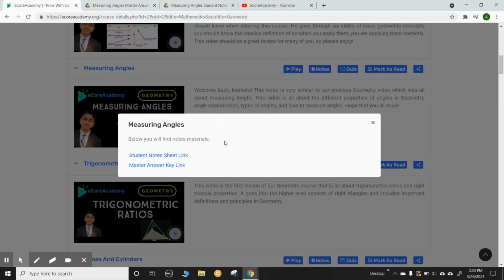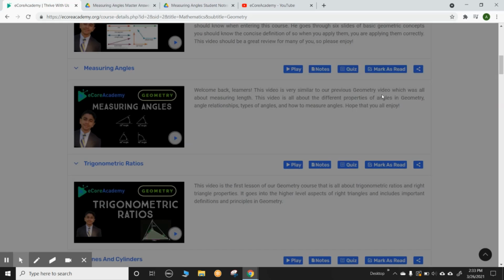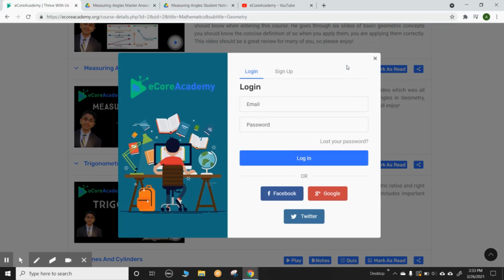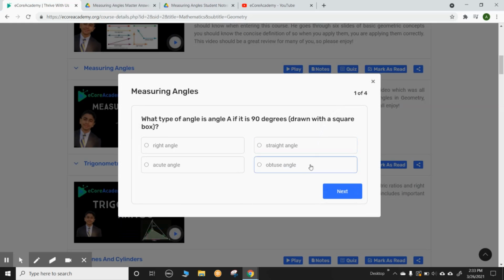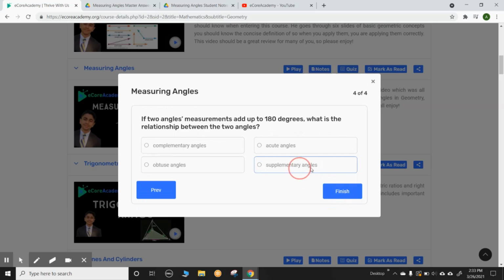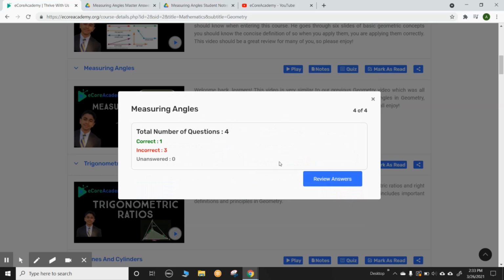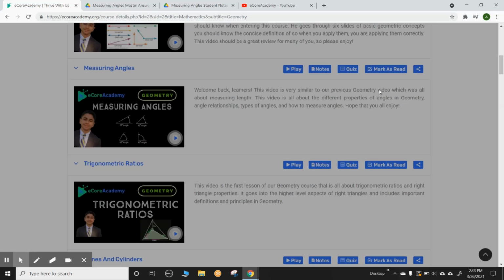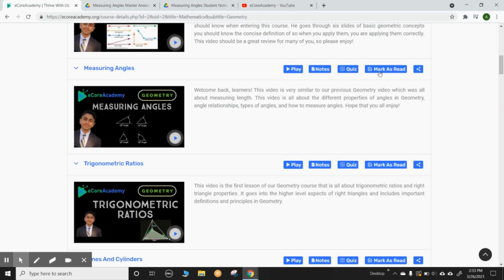After learning the lesson to assess themselves, students can take our quiz. The quizzes are multiple choice, as seen here, and they include relevant topics and problems covered in the video. Students can read a question, select an answer, and go to the next question. After submitting, students can see their scores, what they answered correctly, and what they answered incorrectly. Once finishing a lesson, a student can hit mark as read,